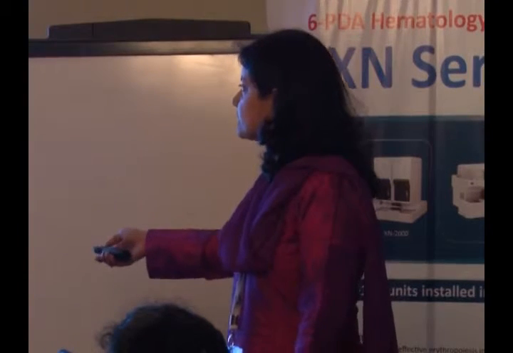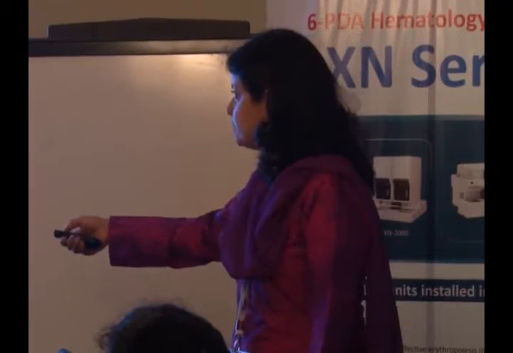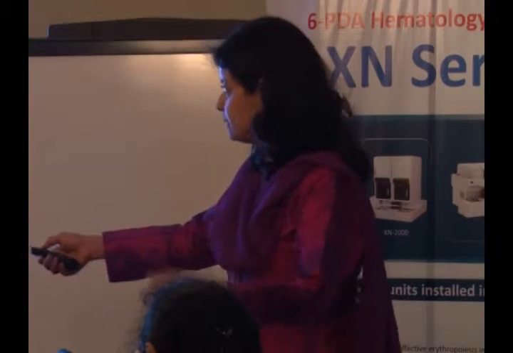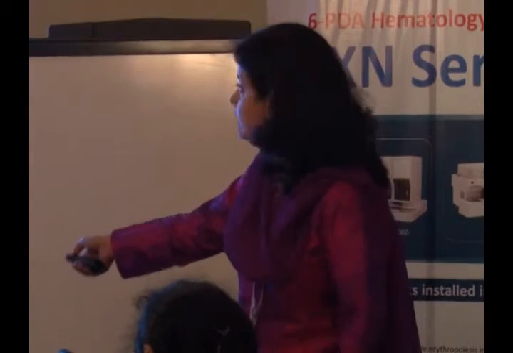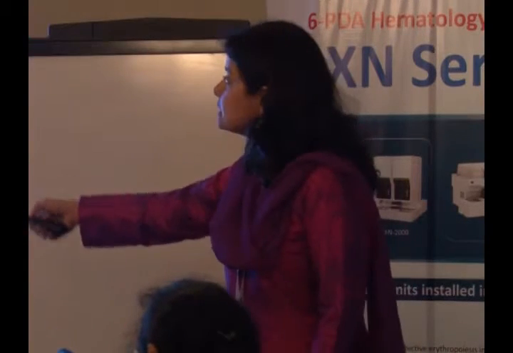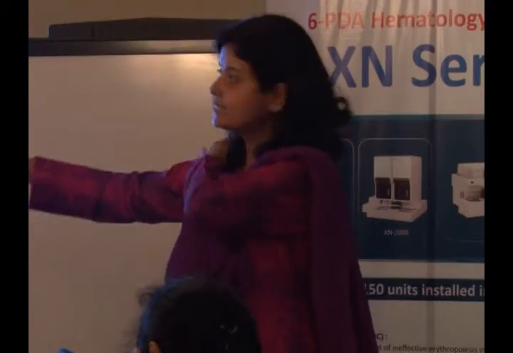The machine has this system of looking at Q flags to differentiate whether there could be atypical lymphs. You can read it up. It's in XE also. But I wasn't using the Q flags. We couldn't make out whether they're atypical lymphos or blasts, because you get the same thing for atypical lymphos and blasts. I have never seen a difference, it's only blast. See the cutoff here is 100. This is all clean. Anything in green is normal, anything in red is abnormal. But whenever there is atypical lympho, even the blast fills up. I could not use research mode, it's written there on top, Q flag, you just click on Q flag, you get it.